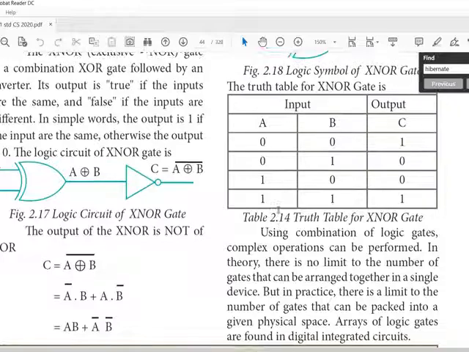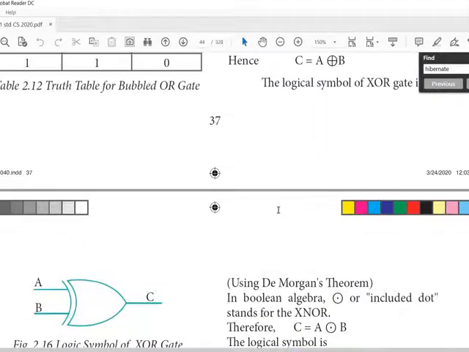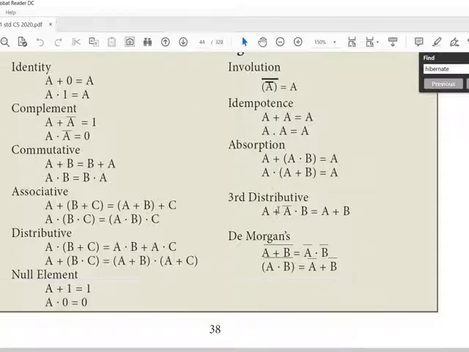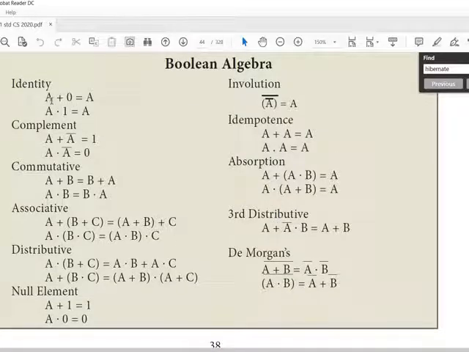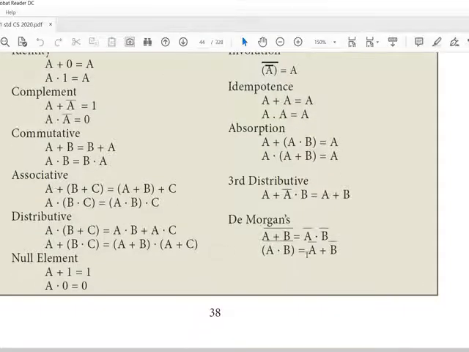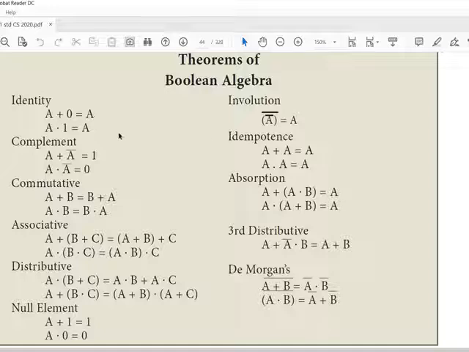So we have learned the gates given in your book. Now there is a theorem of Boolean algebra. Learn this. A plus 0 is A, and A dot 1 is A. This will come for 1 mark or 2 marks. Previously there was a derivation for these things, but in your book it is not in our syllabus. All the derivations are removed. So just learn it for 1 mark, 2 mark, 3 mark purposes. It won't come for 5 marks, but it may come for 1, 2 and 3 mark questions.